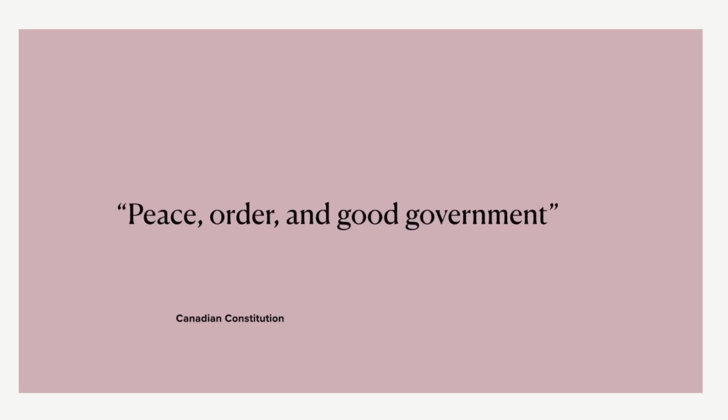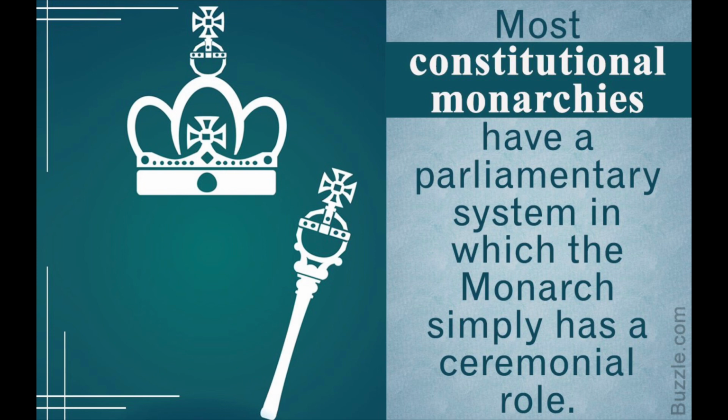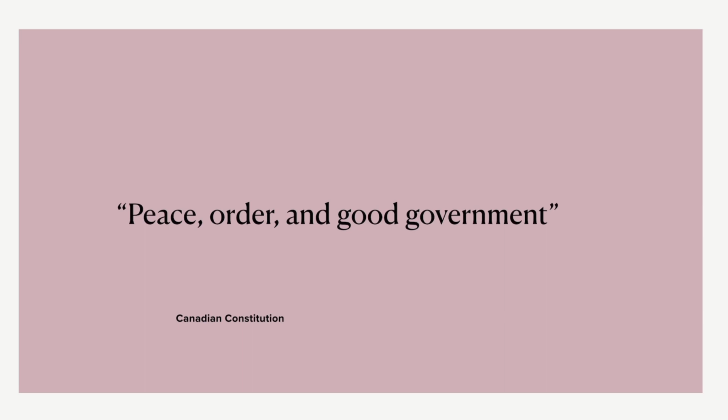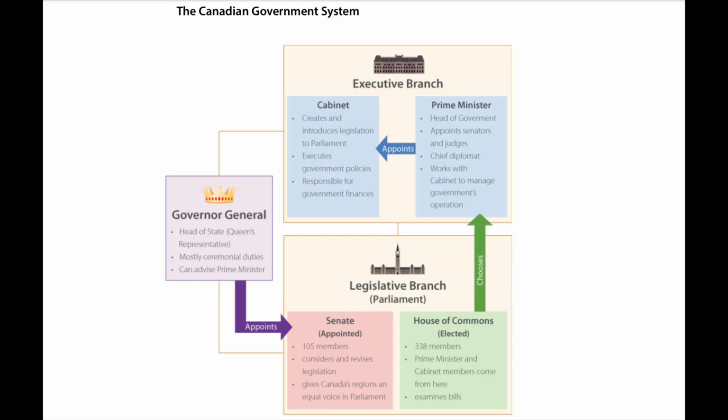Canada's government is what we call a constitutional monarchy. This means that they have a king or a queen plus a constitution which limits their power. In Canada, their king is shared with the King of England. Because they are so far away, the king appoints a governor general to Canada who represents him in the Canadian government. The king and the governor general have very little power in the day-to-day operations of Canada.